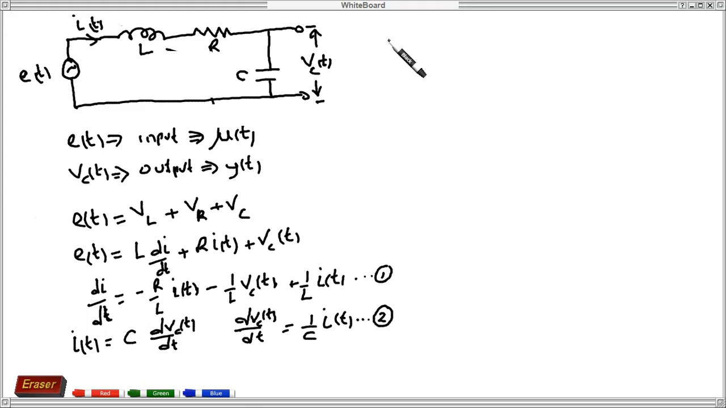Then we can choose our state variables such that the state variables are the inductor current and capacitor voltage. We take x1 to be equal to i(t) and x2 to be equal to Vc(t). So we define the two state variables as x1, the inductor current, and x2, the capacitor voltage. If we do that, then equation 1 can be written as